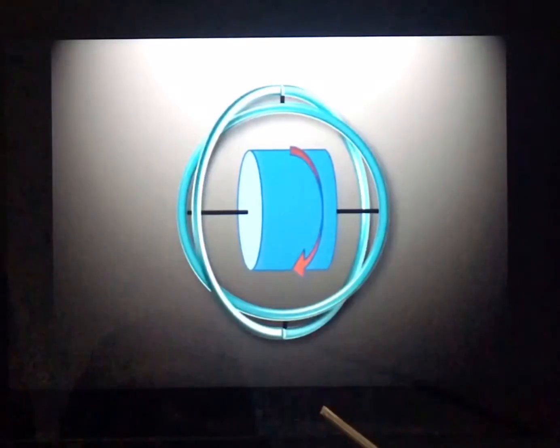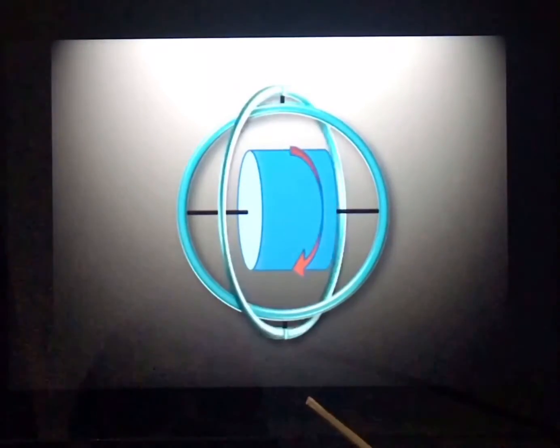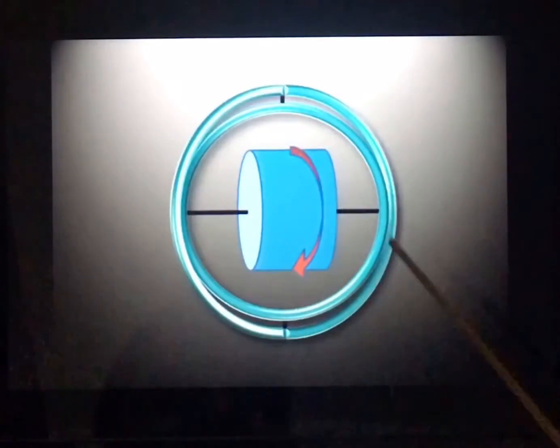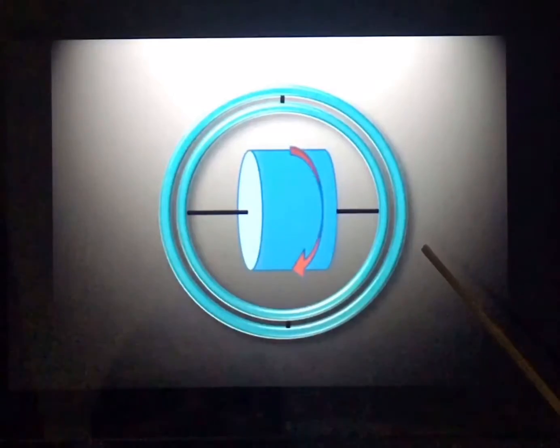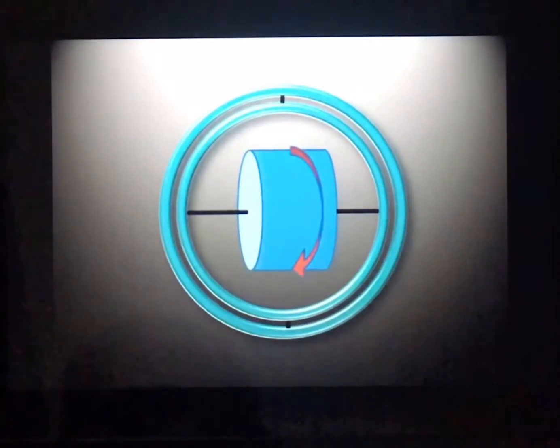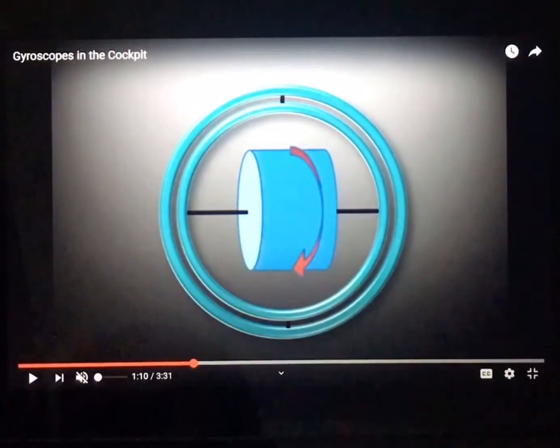As you can see in the video, we are rotating the outer gimbal, but the inner gimbal or the axis of the mass is undisturbed. The property of rigidity states that the axis of rotation or the spin axis of the gyro wheel tends to remain in a fixed direction in space if no force is applied to it. Here we can see we are not disturbing the axis of rotation of the wheel. Thus any change in direction on another axis will not affect the wheel axis, and it is always pointing in the same direction.